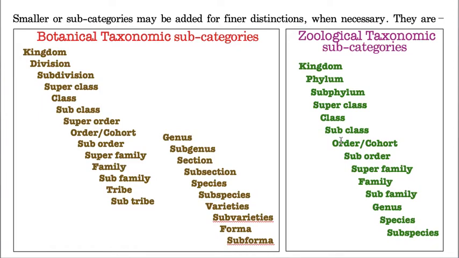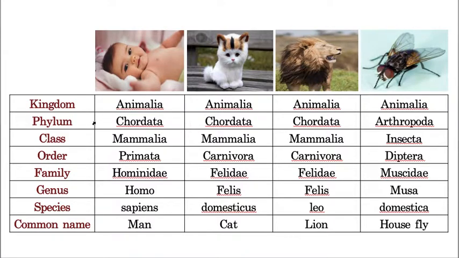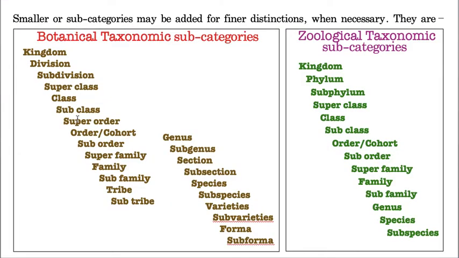Now, some scientists are extra studious. They want every single detail of the organism. If you want just a normal classification, then you follow only 7 taxonomic categories. But there are certain taxonomists who want to make the finest level of classification. That means every small detail must be present in the classification. They are very extra studious taxonomists. They don't want to lose a single point in the classification.